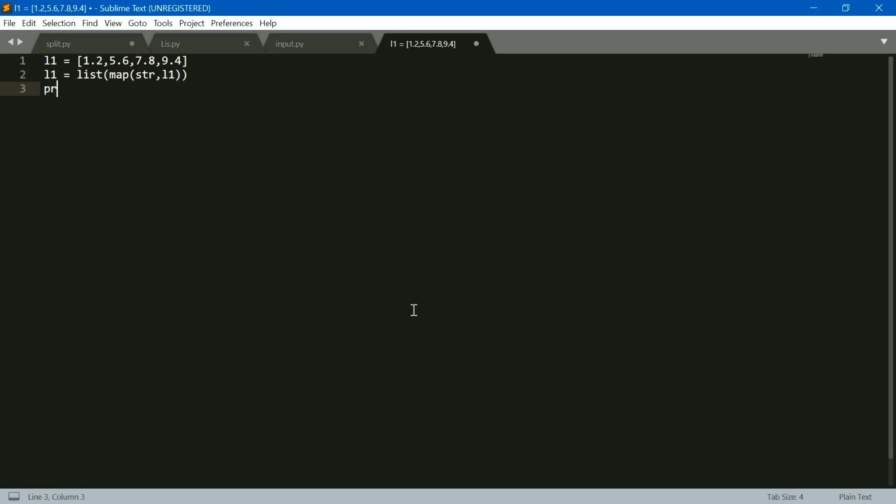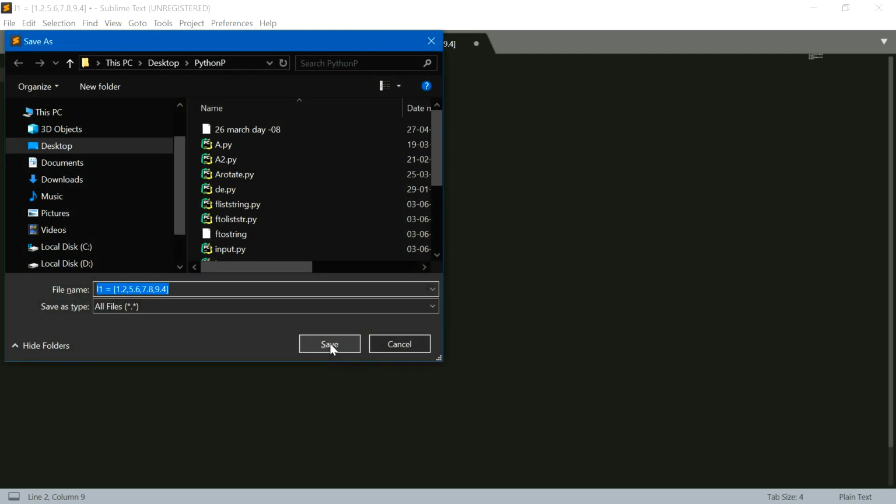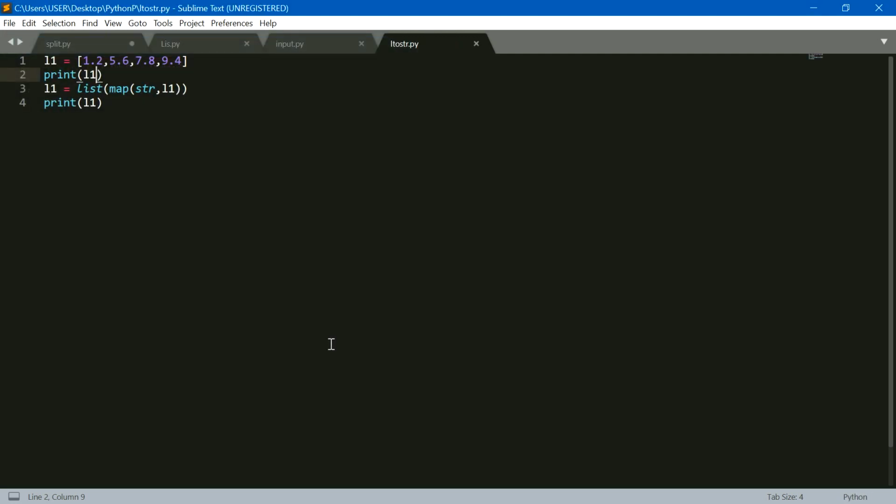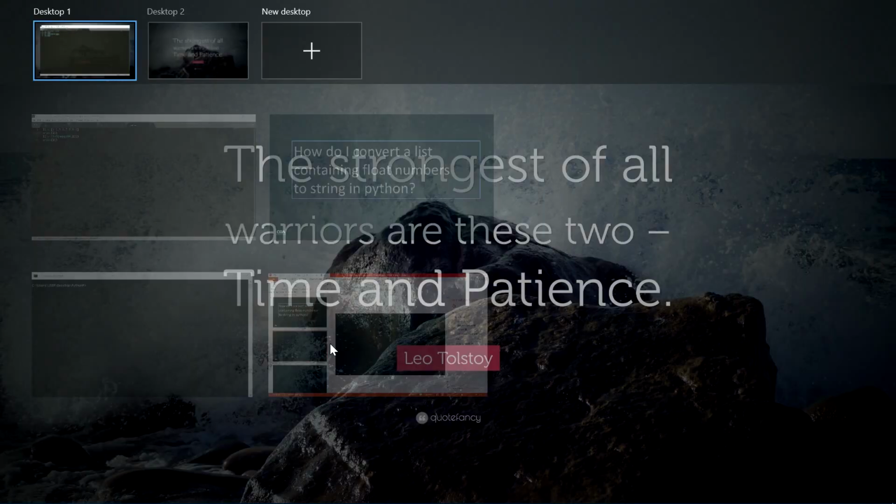So here we print our list L1 before converting into a string, so this is our list of float numbers. Just write a file name, L2str.py. Now you can check this, and here we just save the file.